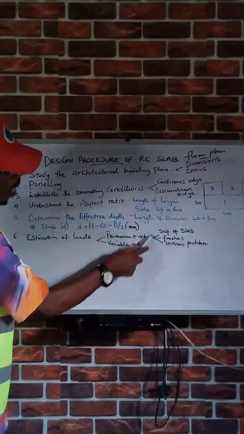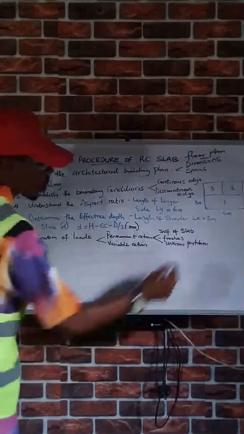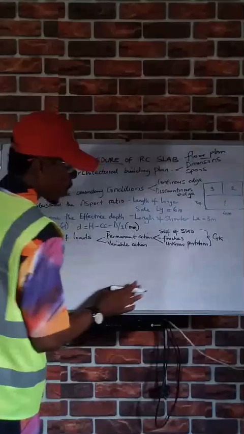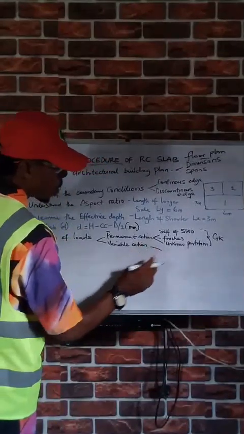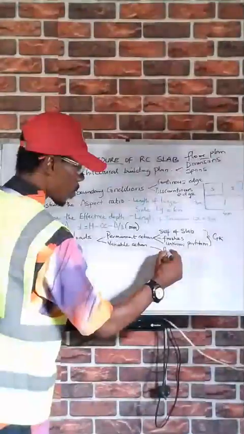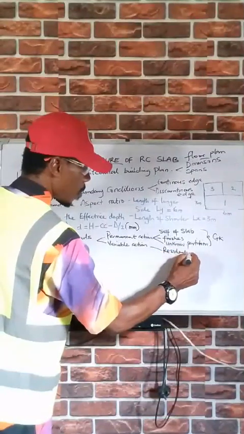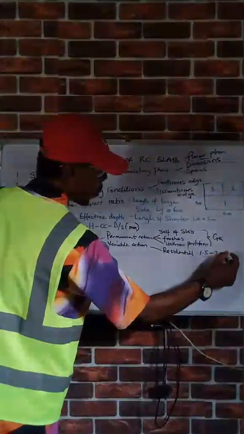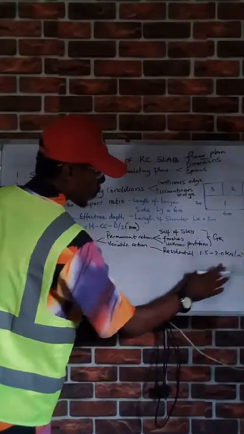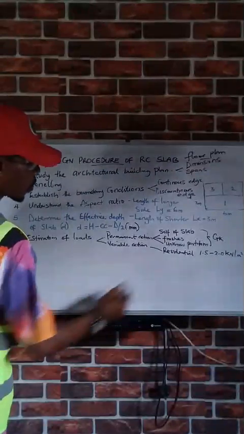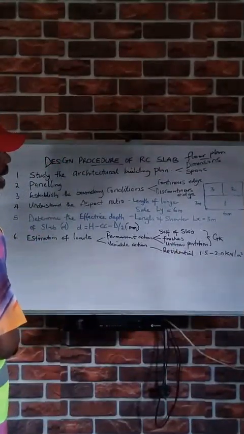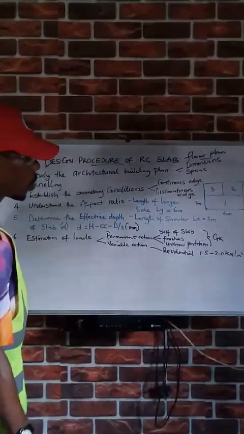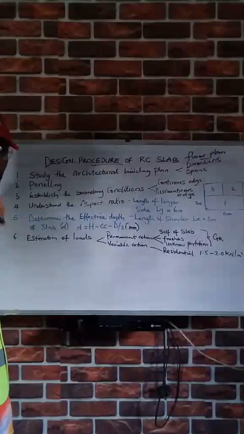So when you have all of this, the summation of this becomes your GK. Okay, so your variable load now, for residential, we have it as 1.5 to 2 kilonewton per meter square. So ideally it's better to adopt the higher value. In this case, it's better to adopt 2 kilonewton per meter square as your live load,